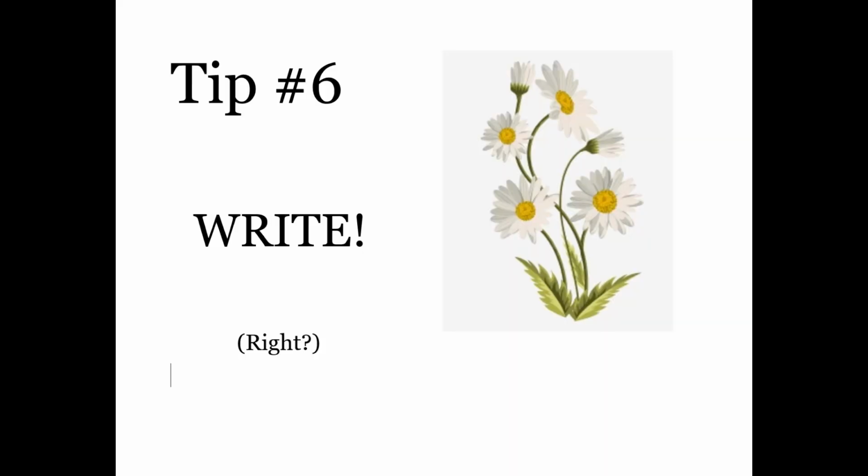There's one last tip that I really want to share with you, and I hope you take it to heart, because I think this could make all the difference as well. Tip number 6. I think it would be so fantastic if every person who taught writing to kids loved writing themselves. You could share that writing with your kids. What are your superpowers? What are your areas of improvement? We're all on this journey together. It's not like you have to be a published writer, but just write for the sheer joy of it.